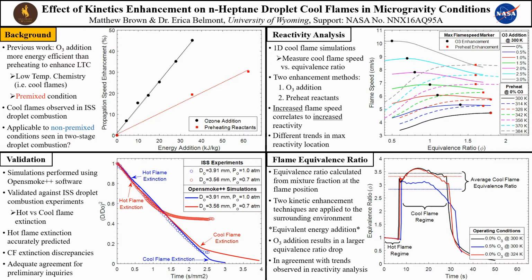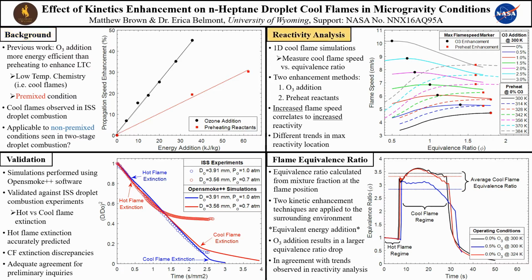In this study, we want to explore if the same trends are applicable to cool flames produced via two-stage N-heptane droplet combustion observed aboard the International Space Station, specifically when cool flames are produced via the radiative extinction of droplet hot flames. This is interesting because instead of uniform premix conditions, cool flames are stabilized in a non-premix mode, meaning fuel is diffusing into the flame from the droplet side and the oxidizer is diffusing into the flame from the